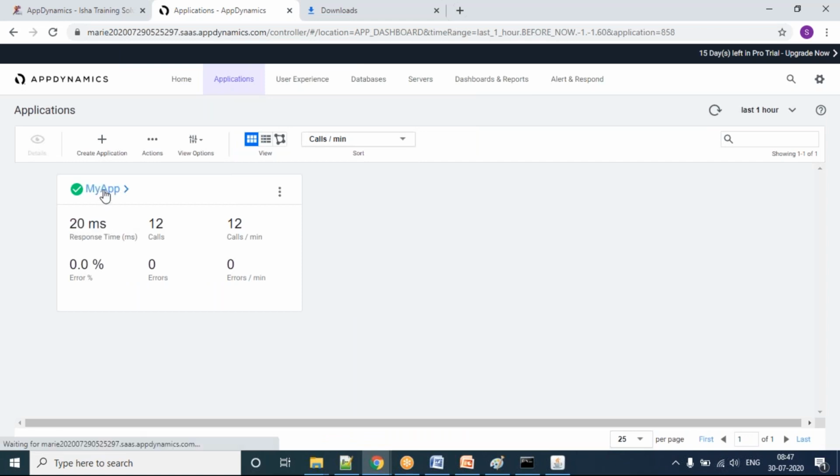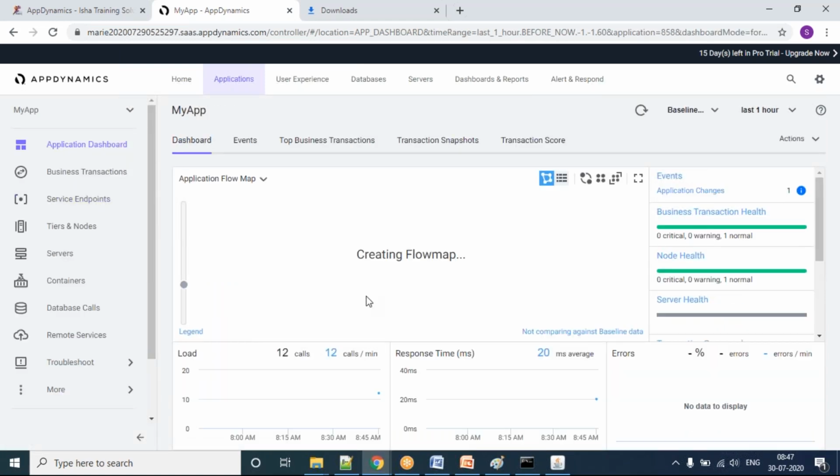The response time, calls per minute, and also the intelligence built into App Dynamics will tell you what all the nodes and tiers are that are connected. I'll explain when we go for a regular session. These explanations will be there: what nodes are, what tiers are, how they are connected, how it is giving this graph, and all that information will be shared. Okay, I'll take a pause here. Anybody have any question till now, guys?